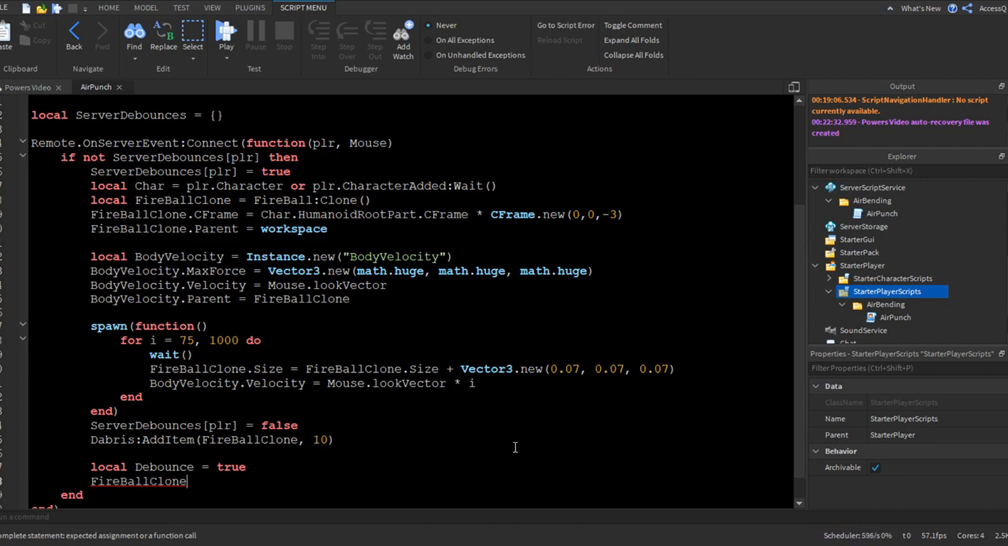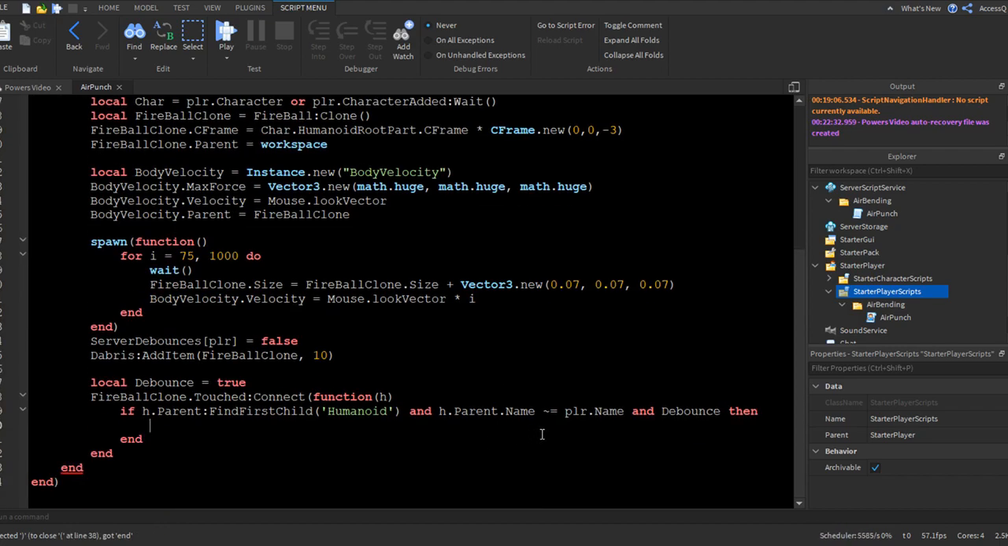fireball clone dot touched connect function, and then we'll do h. Then we'll do if h dot parent find first child humanoid, and h dot parent dot name equals plr dot name, and debounce. Why is it not popping up? Debounce, there we go. Debounce. Then we want to do debounce equals false, and then we want to do local enemy